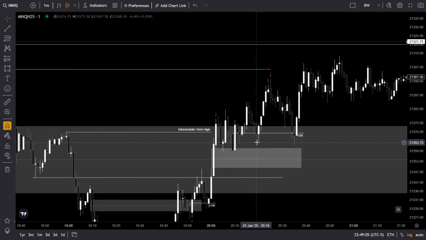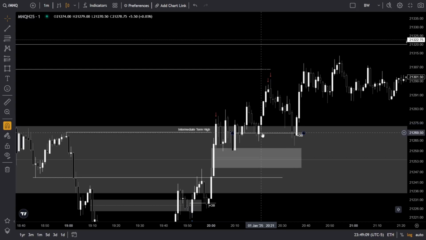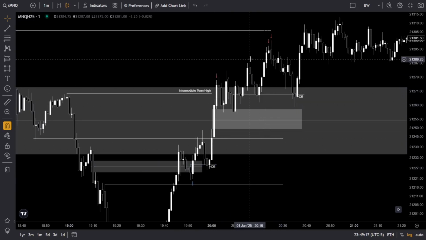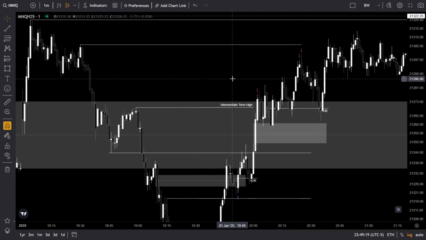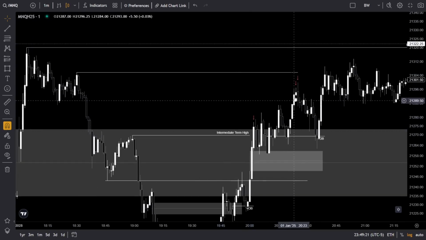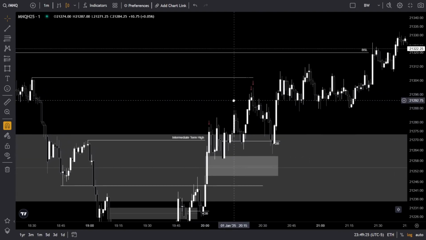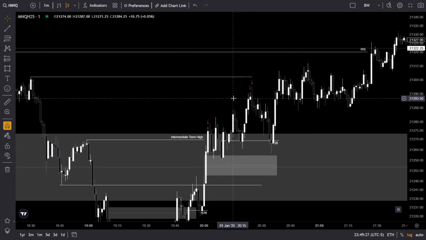nice. But while these candles were displacing, by the way, off the order block, my stop loss was actually trailed over here, and my entry, if you remember, was all the way down here. So either way, I was securing over $700 profit on this trade, and the extra 300 was from this final price leg. So now that I've explained the trade, right, or actually I might as well just tell you this